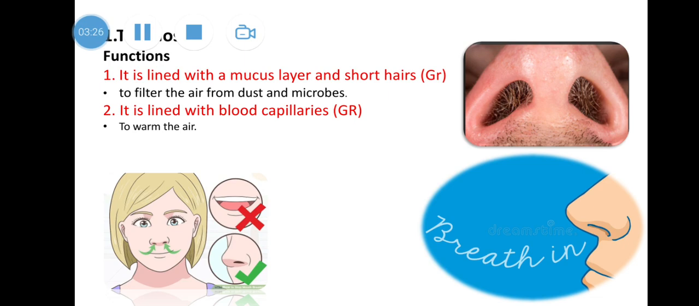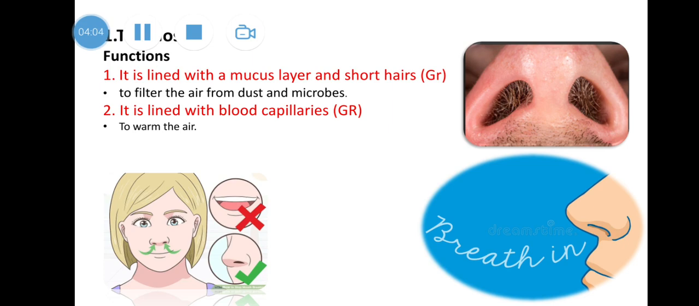The first organ we are going to see is the nose. The nose is lined with a mucus layer, which is a sticky layer, present in your nose, and also we have short hair. Why do we have the mucus layer and short hair? To filter the air from dust and microbes. Also it's lined with blood capillaries. What are blood capillaries? They are very thin tubes, as thin as your hair. They are helping in